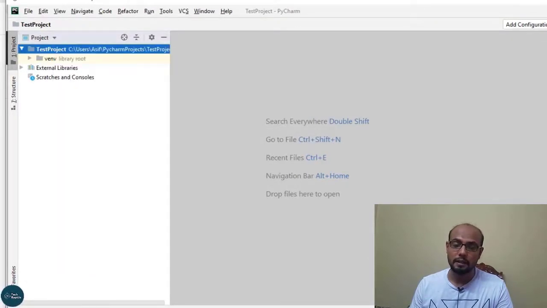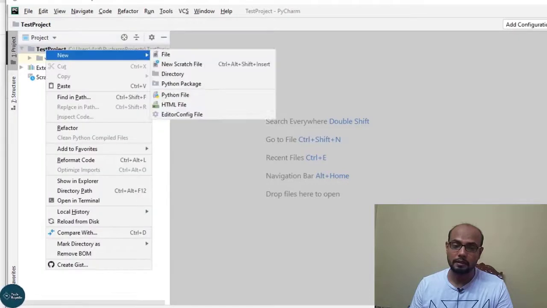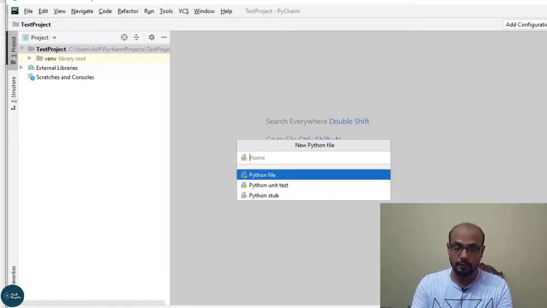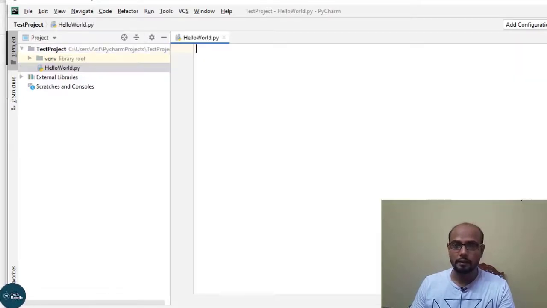To create a new file, go to the project name and right click on it, and in the new section you will find some file names. Here I click on Python file. I put the name of the Python file as hello world, and click on Python file. If your clicking is not working, then just press the enter button on your keyboard.